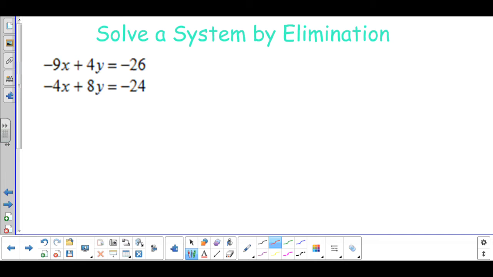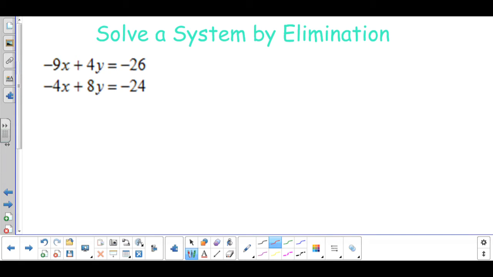y variable. So if I look in front of my x, I have a -9 and a -4. Neither one are the same or opposite of each other. In front of my y, I have a +4 and a +8. We have the same issue here. Neither one are the same but opposite. So I need to force one of the smaller numbers, either the -4x or the +4y, to become either the